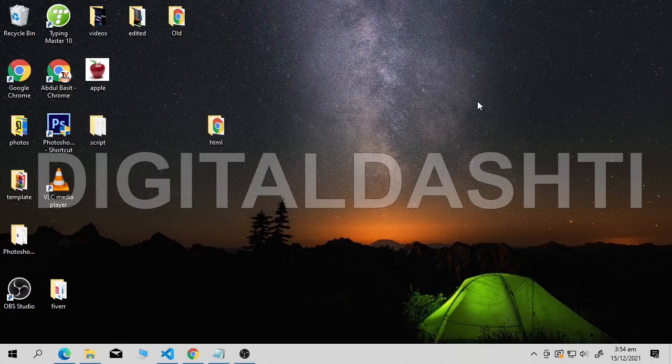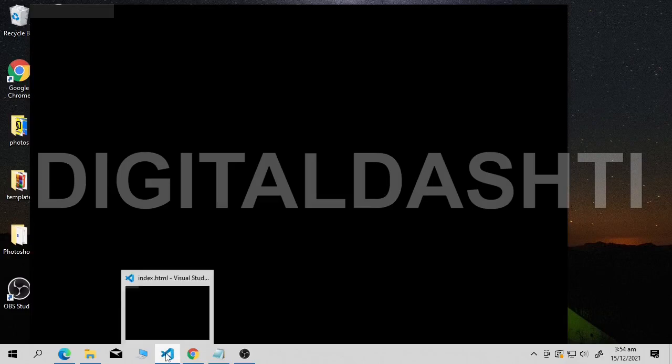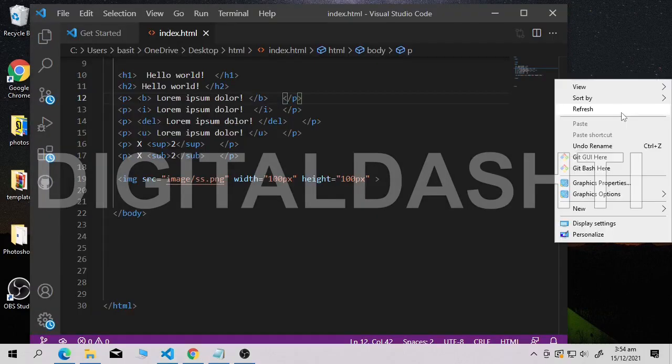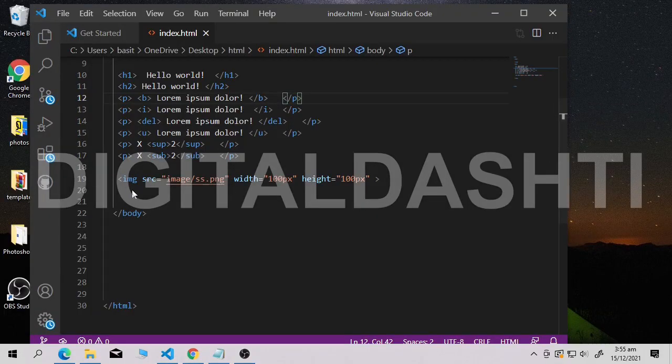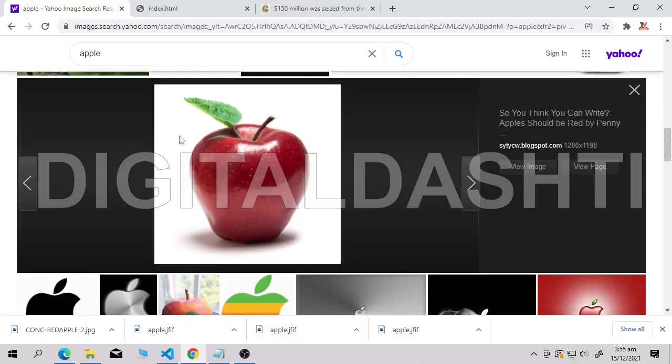So what is the first thing that I mentioned here? We will be discovering our file paths. What are actually file paths? Let me show you the code of the previous episode. We had discussed it earlier. So this is our code editor, Visual Studio. I have opened it and it's loading. Okay, so here you can see in the last episode I showed you how we can upload an image to our website. This is the code, and let me show you this code in our browser. This is my browser, Chrome. I will simply open it, and here you go.